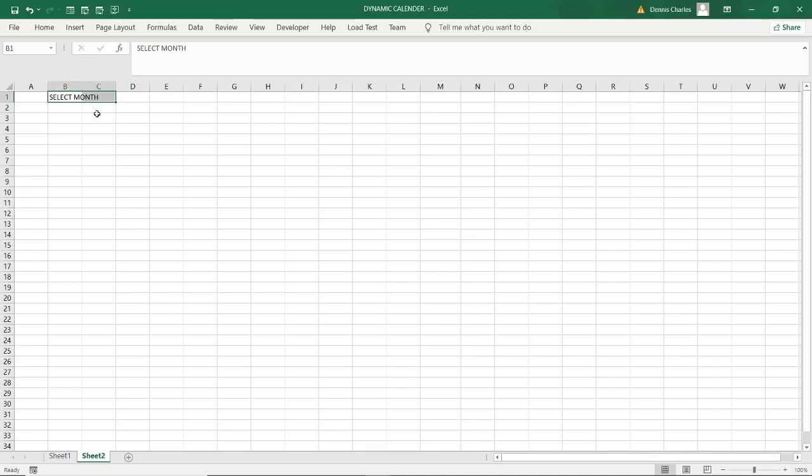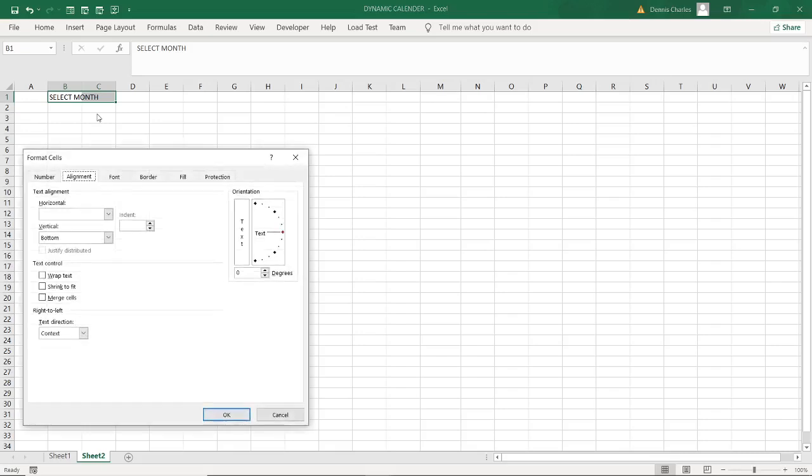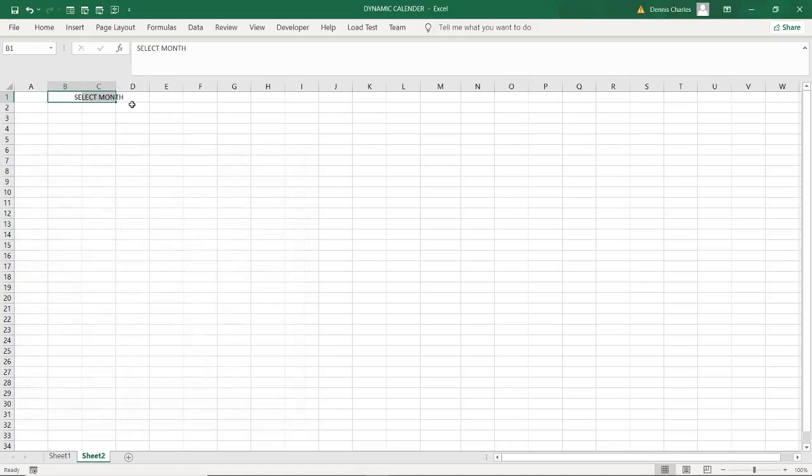Therefore I will have to format them: if I press Ctrl+1, I go to alignment, and then I check center across selection. I click OK. Now you'll see it is there.